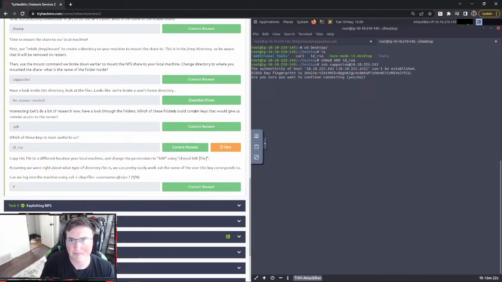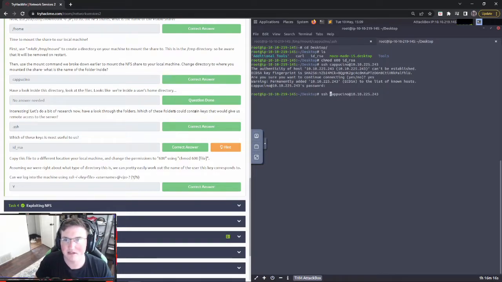Let's hit enter. I messed this up already, but that's all right. We need to put the identity file in there, which apparently I didn't even think about. So -i, and then the identity file is that id_rsa. Perfect. And then hit enter.